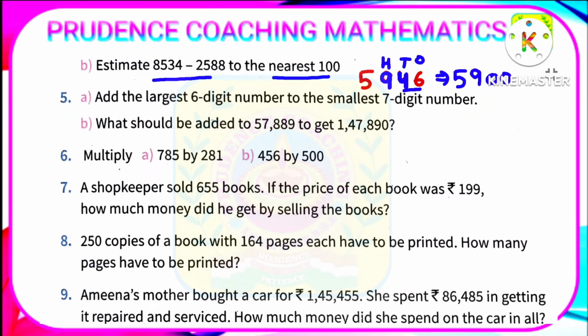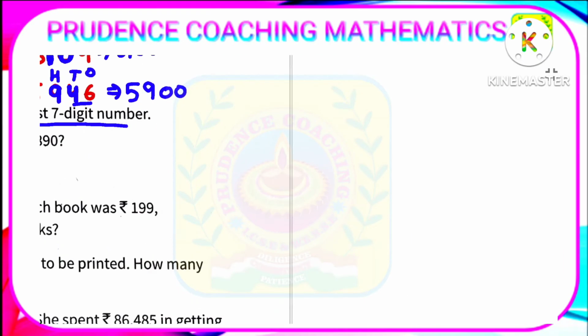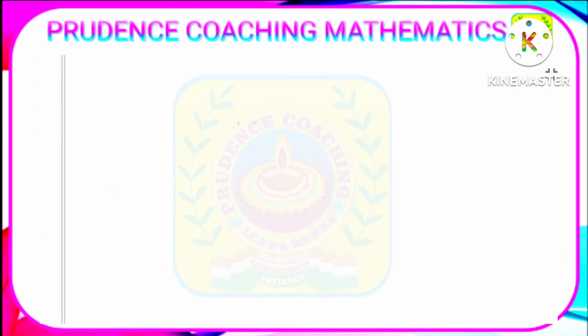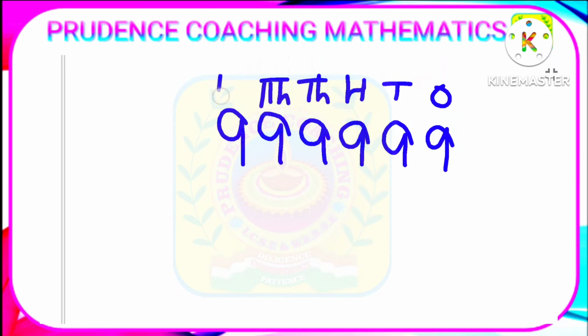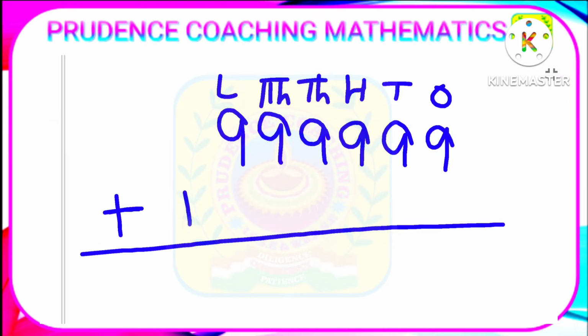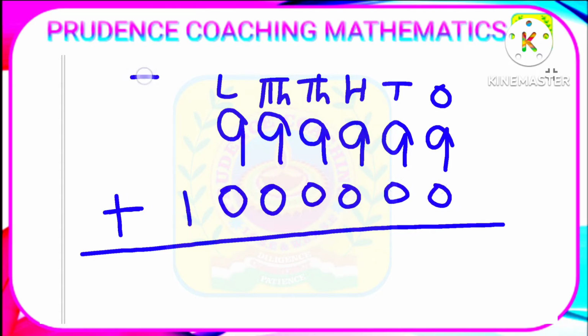Now let us start with the next sum. Add largest 6-digit number to smallest 7-digit number. So largest 6-digit number, largest means 9, how many times? 6 times. So if you write, we will get 9,99,999. This is ones, this is tens, this is hundreds, this is thousands, this is 10,000s, and this is lakh. With this you need to add the smallest 7-digit number. Smallest 7-digit number means 1, then 6 times zeros, 1 2 3 4 5 6, that is 10 lakh position